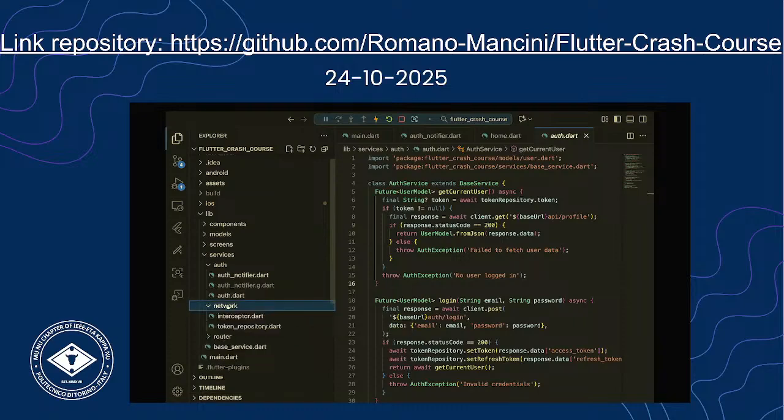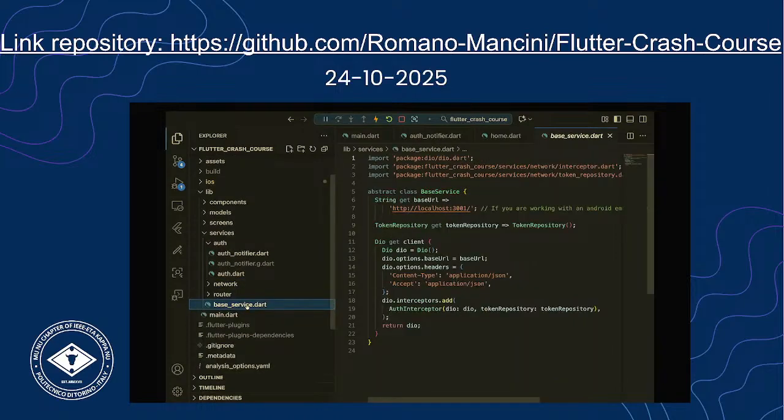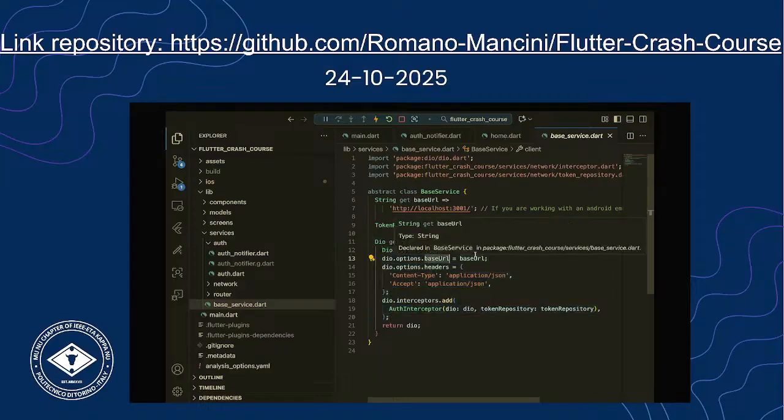So we are defining this time a base service which will work as a basic interface to make all the other services work. And inside here, I defined at least a base URL, in this case the localhost, and most importantly the client, which is the Dio client. Here there is some boilerplate stuff where we are just defining what the base URL for our application is, the content type, and then here I'm adding an auth interceptor, which I think is a little bit out of scope for this lecture,